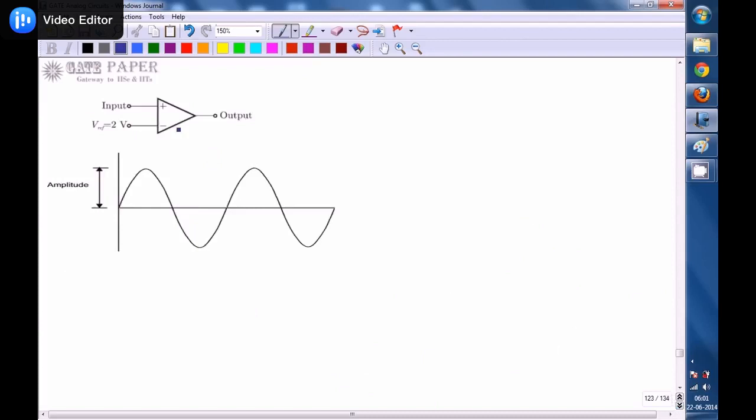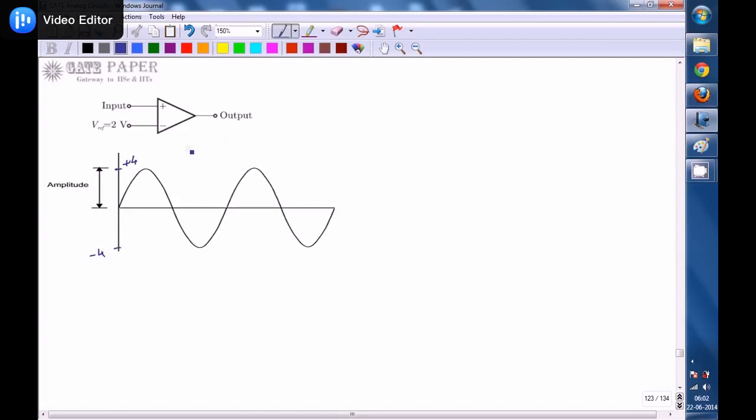So the question is given with an op amp comparator. For that one, reference voltage is given to the inverting terminal with 2 volts reference, and the input signal is nothing but an 8 volts peak to peak sinusoidal signal. So this is the sinusoidal signal we are going with, and it is given that the peak voltage is plus 4 volts and the negative peak is minus 4 volts. Because given 8 volts peak to peak, that implies nothing but plus 4 to minus 4. The sinusoidal signal is oscillating between them.